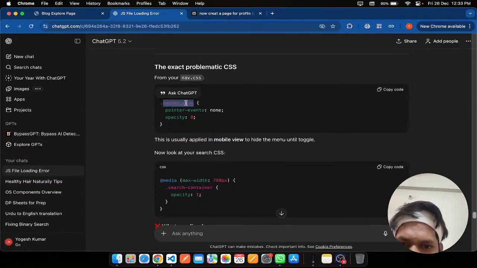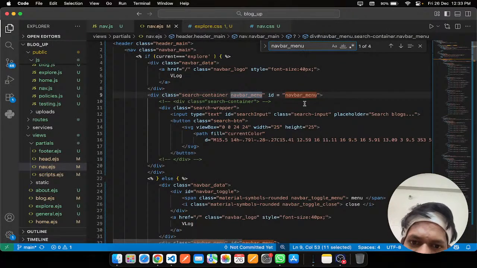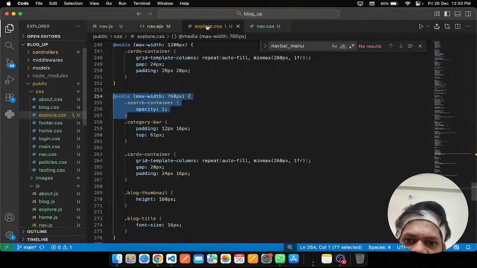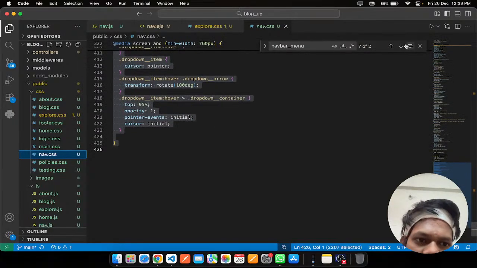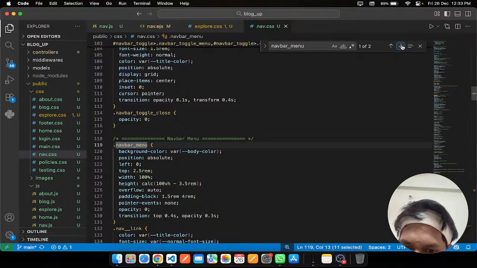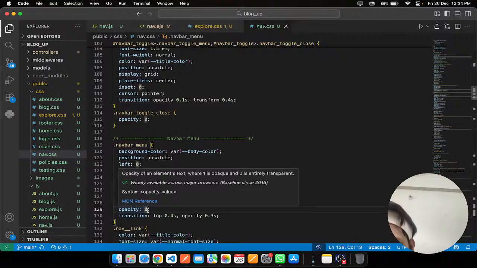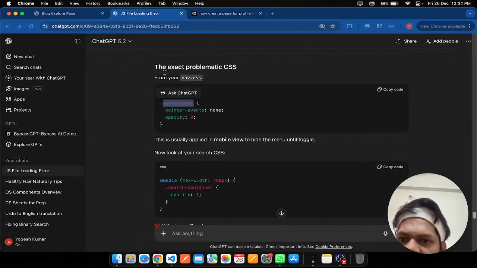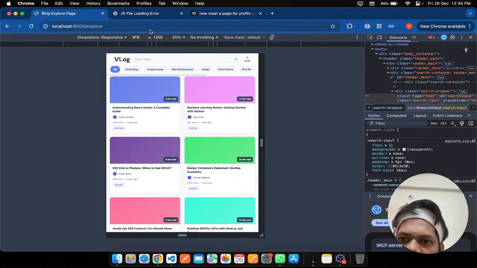ये तो कहीं है ही नहीं, ऐसा तो नेविगेशन बार सी एस एस में मैंने कहीं देखा ही नहीं है। सॉरी, इसमें नहीं, इसमें है कहीं, 2 बार है। एक तो यहाँ आ रहा है, ओपेसिटी 0 कर रखी, पॉइंटर इवेंट नन। इसकी ओपेसिटी 0 क्यों कर रखी है? नेव बार मेन्यू है ना, इसको 1 करते हैं ओपेसिटी को और देखते हैं कि क्या डिफरेंस है। यहाँ पे कुछ भी नहीं है।